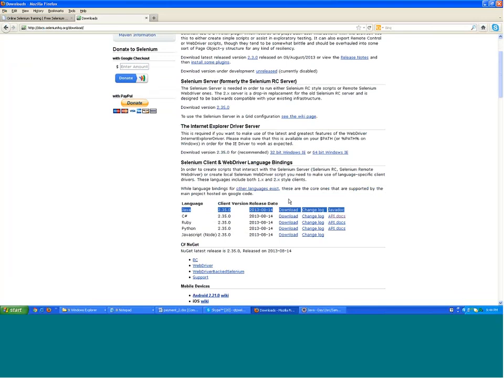Okay, and the question is, I need to move one project from one computer to another computer. You can zip your project and move it. Zip and move it. That's how I do it, right? I don't convert it to a jar file or something. Because if I convert a project to a jar file and have to move it from one location to another, then the problem is that